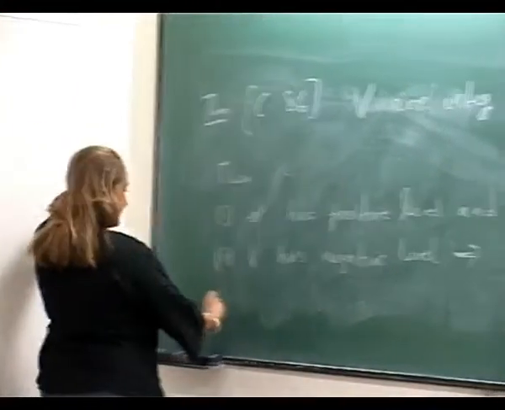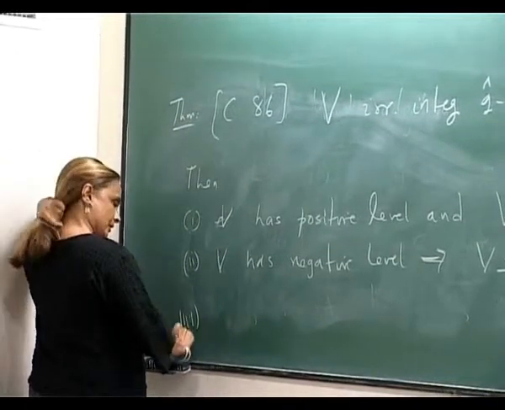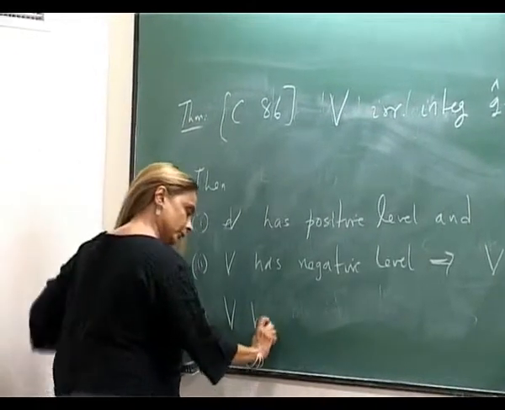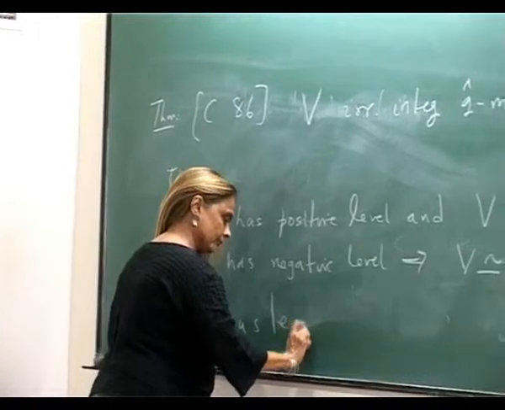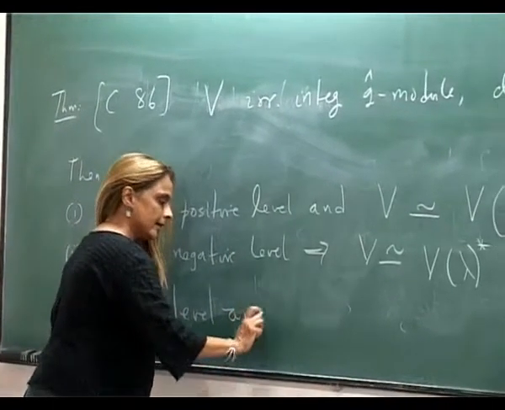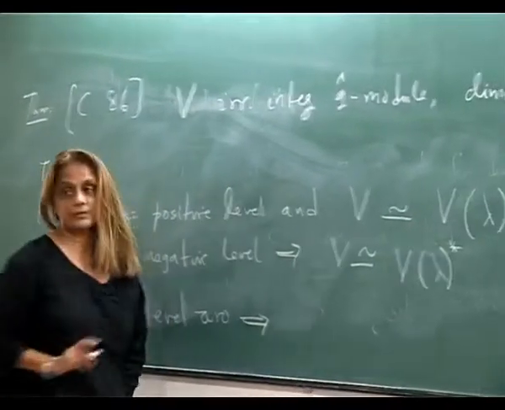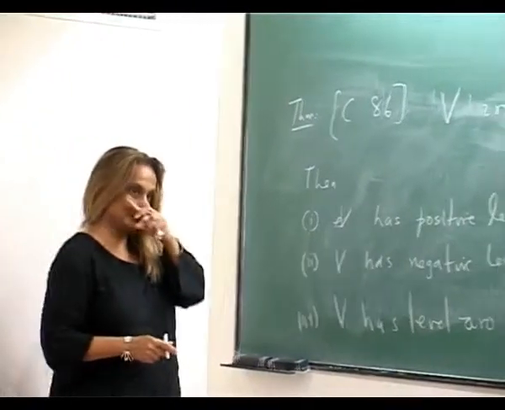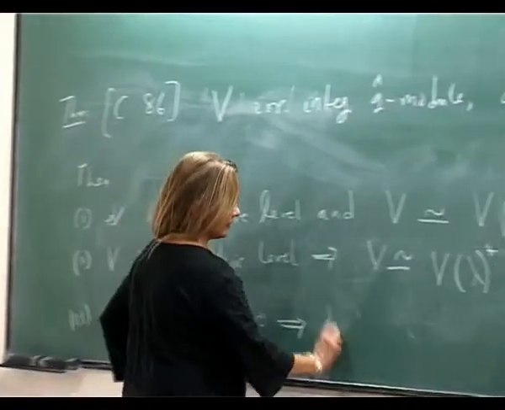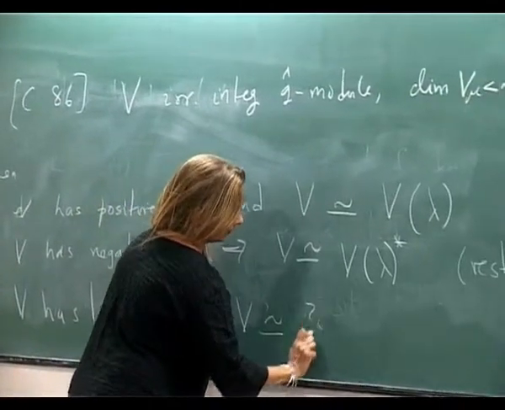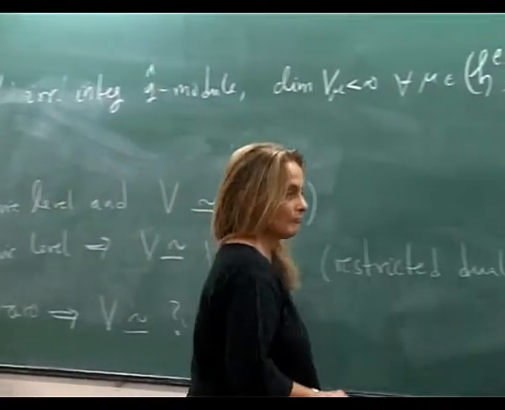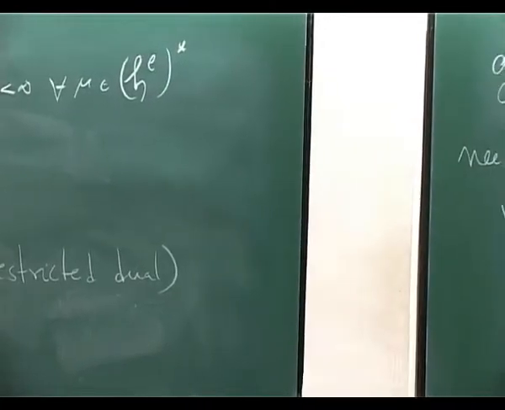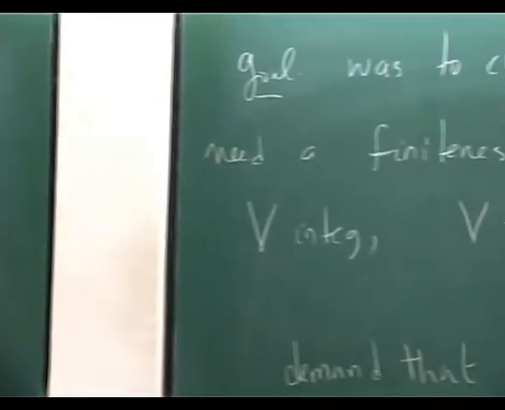And the third case, V has level 0, in which case I want to be able to tell you what the representation is. Okay, so in which case V is isomorphic to what? To tell you that,